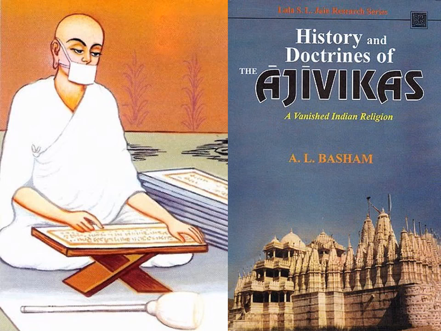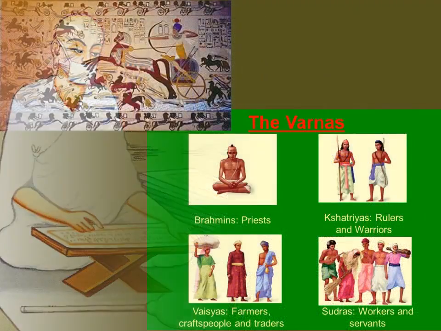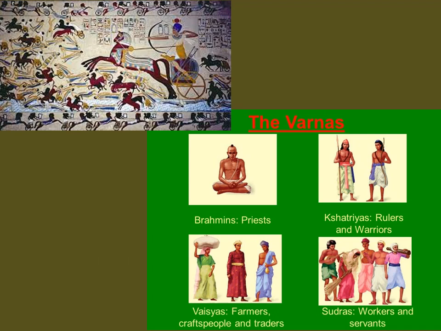So why then were these initially different religions able to merge, just like the two rivers, the Yamuna and the Ganges, eventually merging? There are a few reasons. We talk about how the end of the Aryan expansion led to many social, economic, and political changes that affected the life of the Indian people. The Aryan people came as invaders, they conquered, they expanded their empire, and then after a while, they settled down. And as they settled down, there were many social, economic, and political changes.